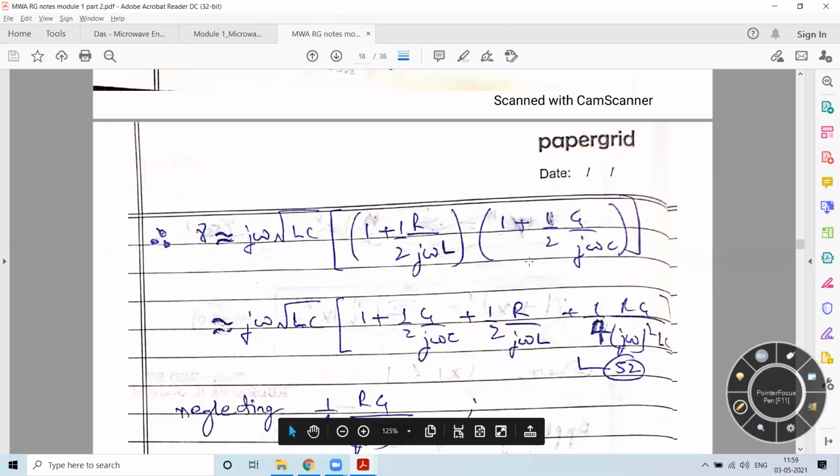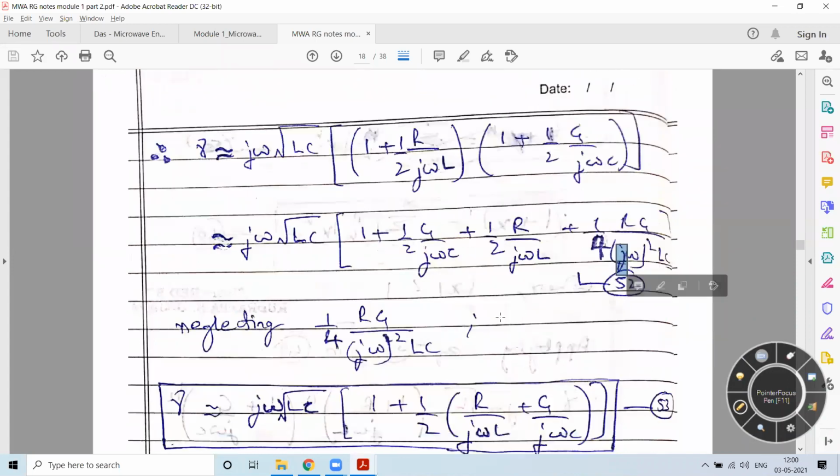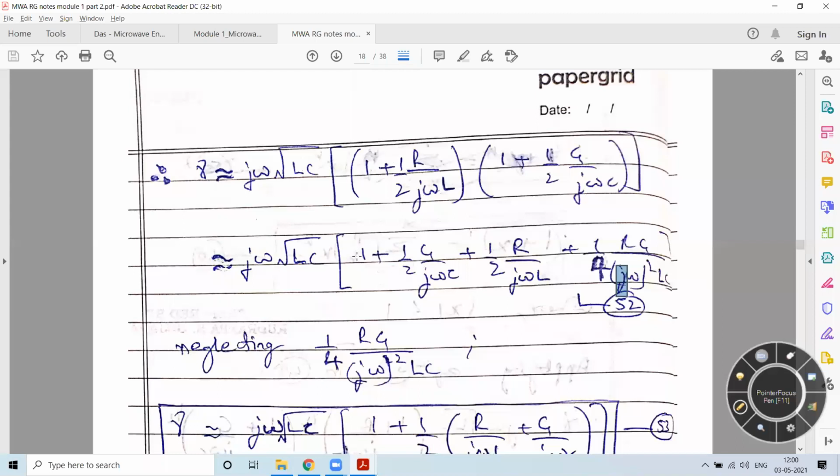Now you expand this equation, you multiply these two equations, and you end up with these parameters, and you segregate the parameters based on the coefficients. So now here you have a constant value, here you have a parameter which is associated with 1 by j, and here you have a parameter which is associated with 1 minus j. When I expand this equation, 1 into 1 I get the first value, 1 into this parameter I get this value. This parameter multiplied with this one, I get the next one.